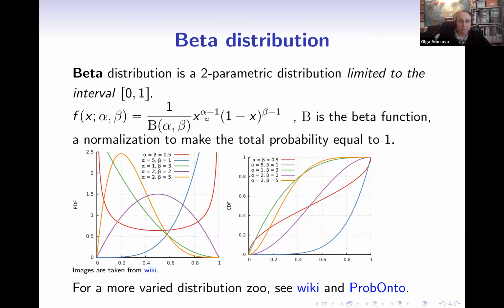Well, again, the formula for the density function is a bit complicated, and it contains the so-called beta function, which I'm not introducing. You're welcome to look at the formula if you need to. I'm just giving the feel of what's available and when. So that's all in my distributional zoo.